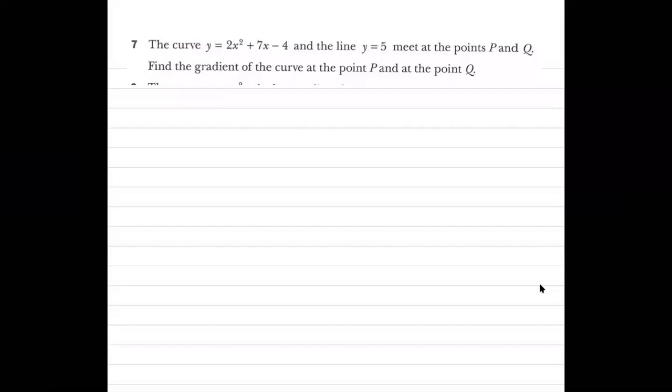So can someone tell me how I can find the coordinates of P and Q if the question says that the quadratic curve meets this line? This is the curve, let's say, and this is the line. The curve and the line intersect at P and Q. How am I supposed to find the coordinates of the x intersection points, basically? You're going to put the two equations together. Which means I need to solve them simultaneously, right?